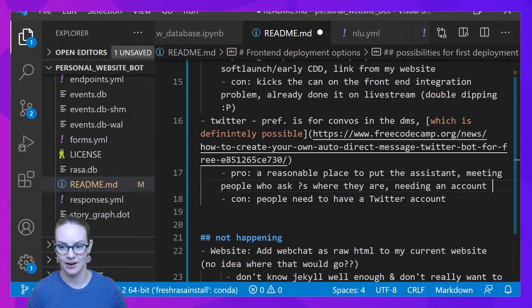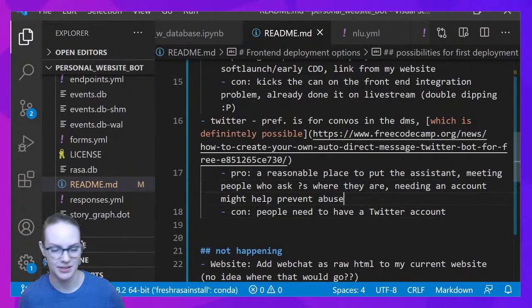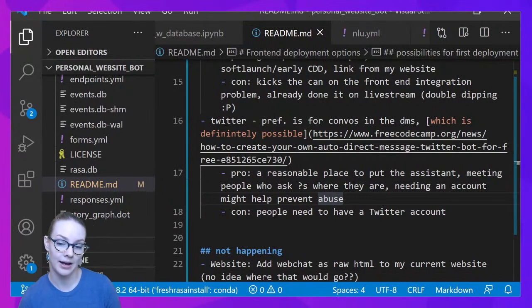Needing an account might help prevent abuse, which is something that we ran into last time we opened up an assistant and made it public for early CDD, is that we got some abusive language, and I think that's probably less likely to happen if it's tied to somebody's specific Twitter account than if it's anyone can enter text in the chat. The downside there is that, again, you need a Twitter account,